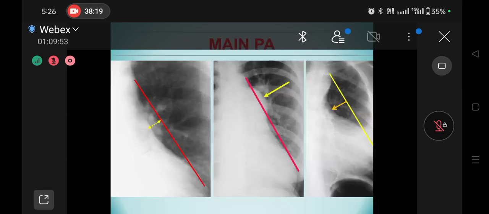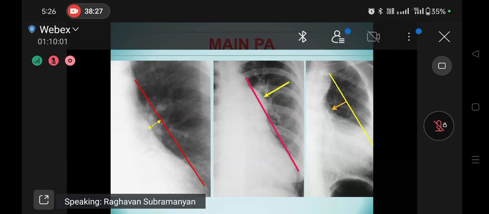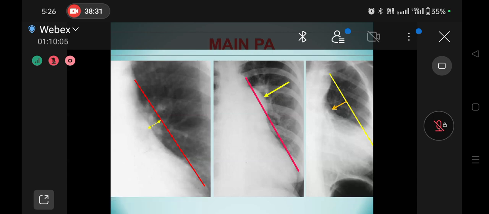Okay. When the main pulmonary artery starts bulging more than 15 millimeters from the cardiac contour, or it goes beyond the tangential line from the aorta to